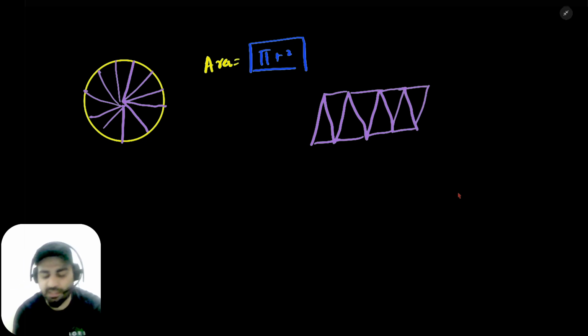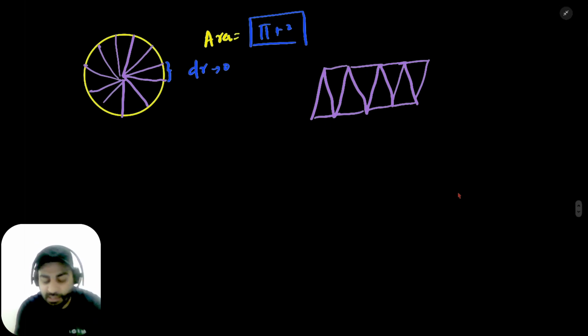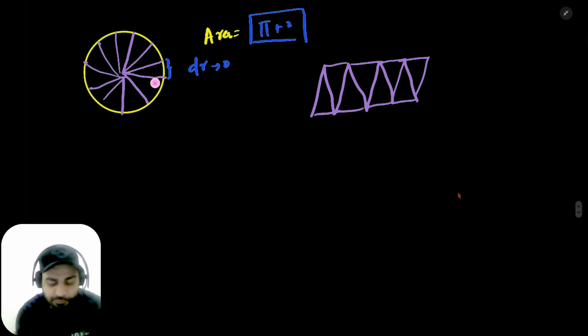So you're making something like this. If you see, let's call this length, the size of the slice over here, let's say it's very, very small. It is called dr, meaning it is going near to infinitesimal, nearly tending to zero. So what I'm saying is, the more thin these slices become, the more this figure will become like a